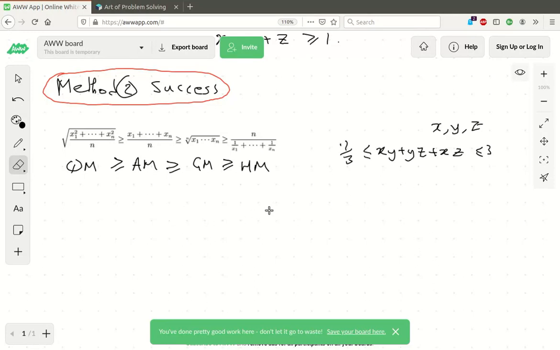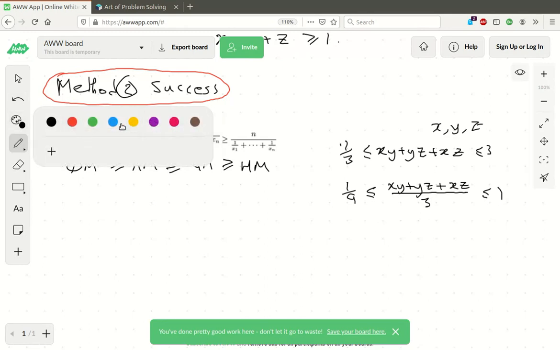How are they really helpful here? Well, the question's simple now, because all I'm going to do is just straight away divide by 3. The reason I'm dividing by 3 is because I want to apply this arithmetic mean one, this one here. And I can apply that one because I treat xy as your x1, treat yz as your x2, treat xz as your x3. And then I can just say, taking the right-hand side of